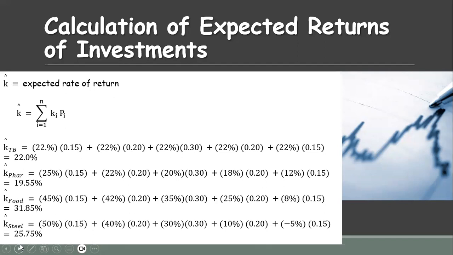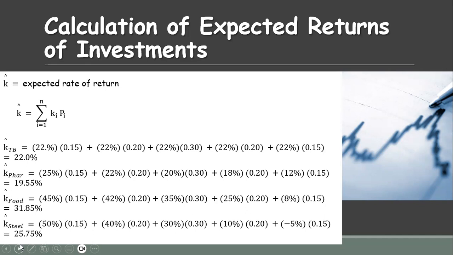it will be multiplied by 25%. And for the above average, the probability is 20% and the return is 22%, and the average return is 20% and the probability is 30%. Thereafter, below average return is 18%, probability is 20%. And in case of a recession, the return is 12% and the probability is 15%. On the basis of all the returns and probabilities, the expected return against the pharma investment comes to